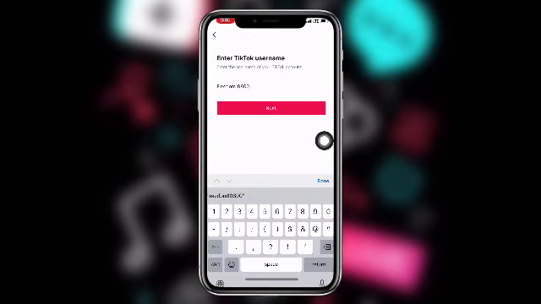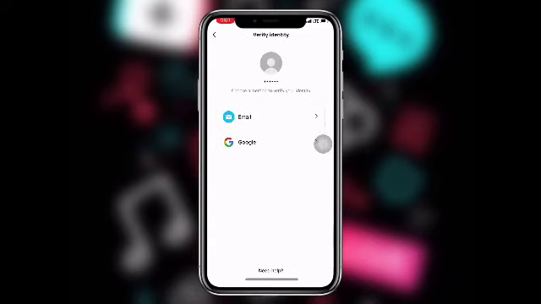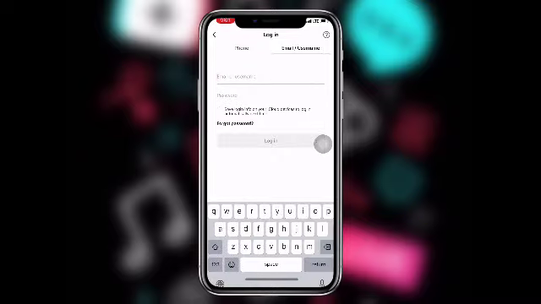Now once you have entered the username, just click on next, and once you click on next over here, you can see email. Now this time around, you have to click on email and then enter email to receive your verification code to reset your account password so that you can recover your account. So just enter your email over here,